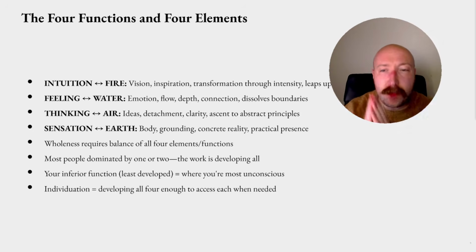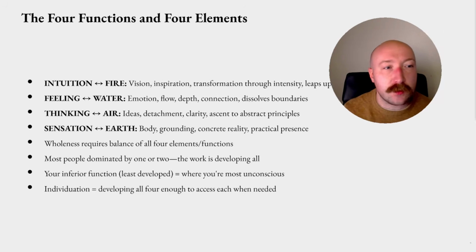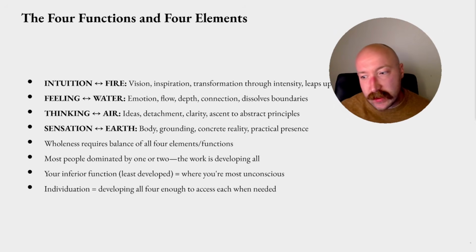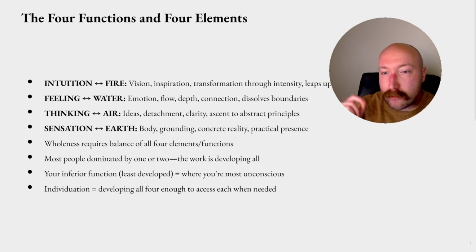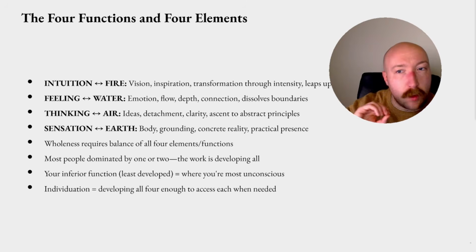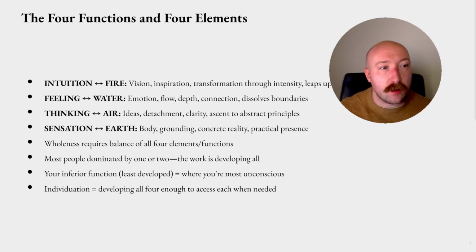But from that, you can begin to see blind spots. You can begin to see your inferior function, where you're vulnerable, where you're underdeveloped. And this is where complexes, which we get to, hit hardest, where you're most unconscious, where you need development. And in relation to the path of individuation, wholeness requires developing all four functions. You'll never be equally strong in all. Your dominant will always be dominant as per how you developed as you grew up.